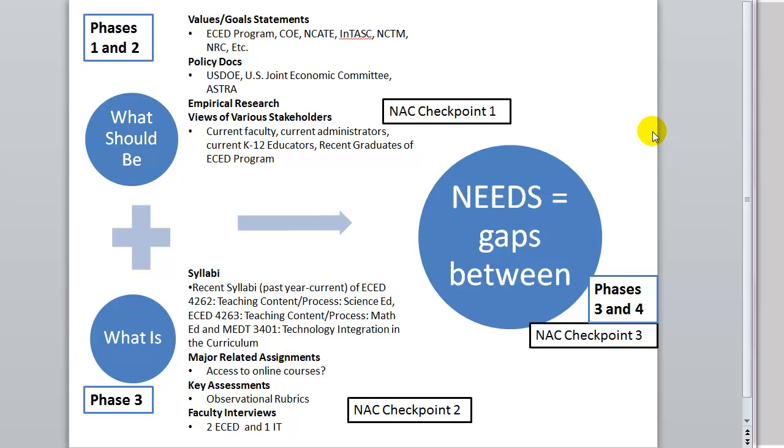A needs assessment looks at the difference between what should be, which is this cluster of stuff over here, even though it's not totally clear with my visual, which is a little bit rough, I admit. This represents the what-should-be stuff. So how do I figure out what should be? What should these early childhood educators know and be able to do in relation to technology integration in math and science? For the should, I'm going to look at the values, goals, and statements of various organizations